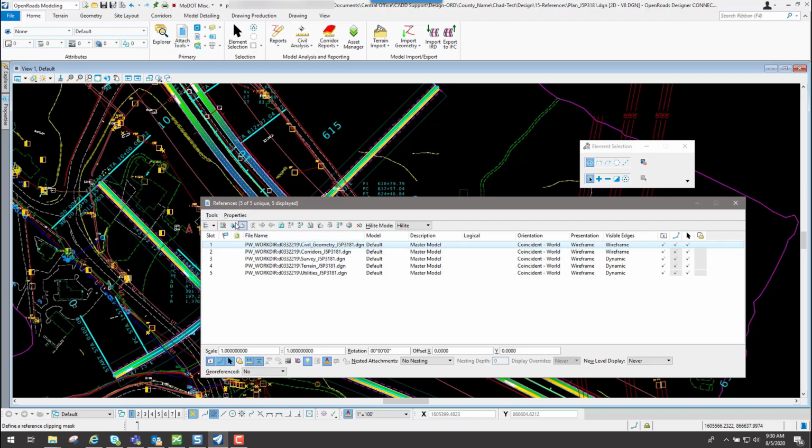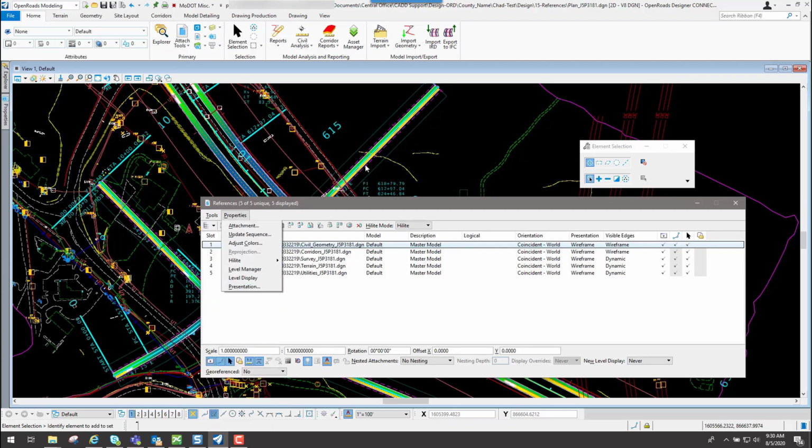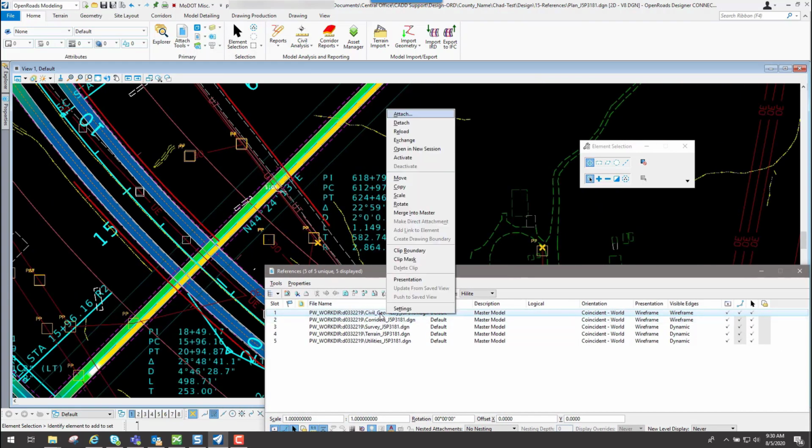Another option that I could do is inside my reference tools, I could go to the tools pull down. Since I have this one right here selected, I go to the tools pull down and I can do the option of exchange, which will actually open up that file, but it will be at the same zoom ratio of what I currently have in this file. So if you've zoomed into maybe this area right here and I do the option of exchange, it'll actually exchange me into that civil geometry file, and it'll look at the same zoom ratio of what I'm at right now. So that would be a second option.